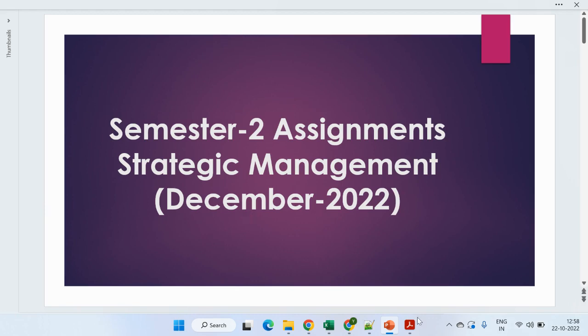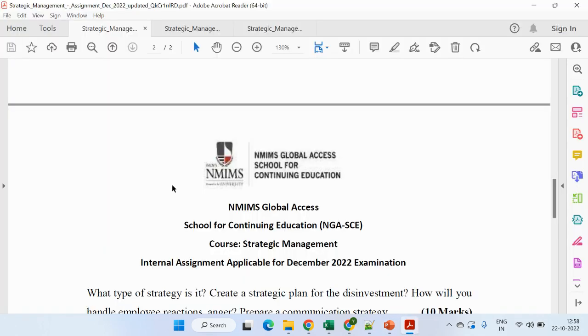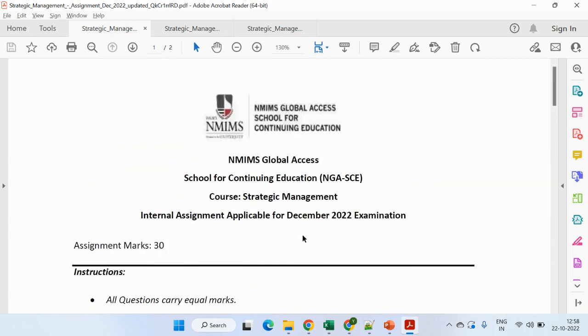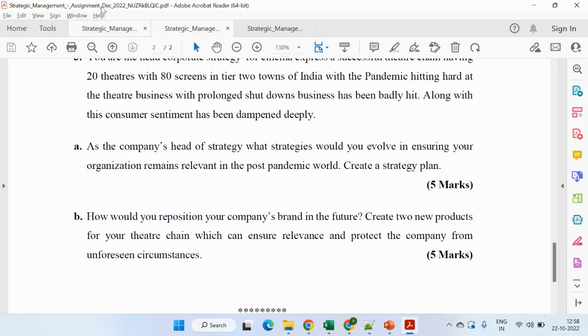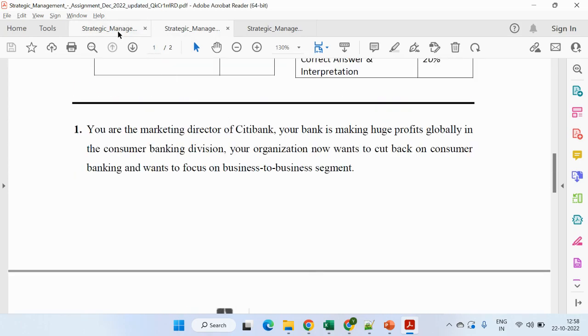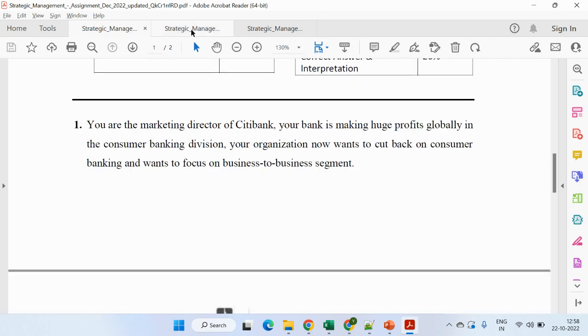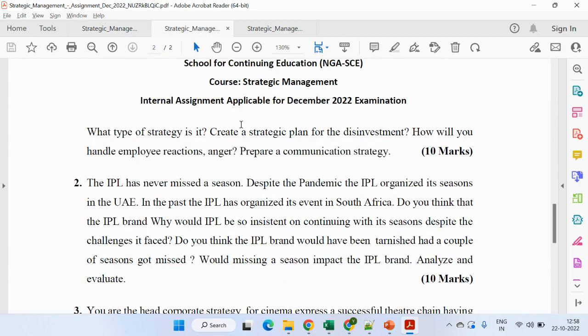Now coming back to the assignments PDF. This is the assignment PDF for your strategic management. All the students received a mail a couple of days back where they changed the strategic management question, and you have already received the notification. This is the new file, strategic management assignments December updated file, and the second one is the December strategic management assignment December cycle. I compared both the contents, and everything remains the same. There is no difference, so you can use any one of these.